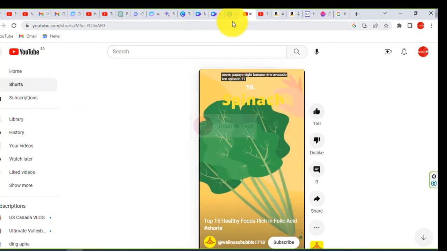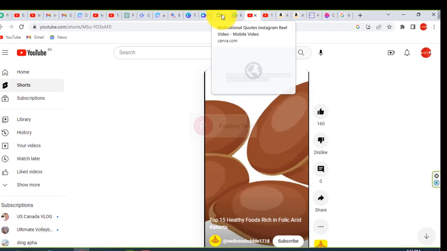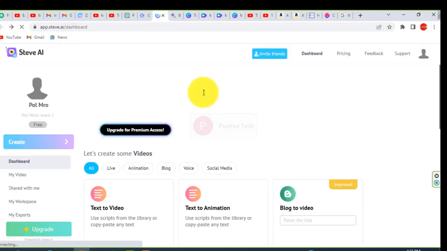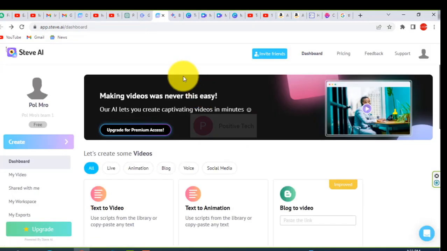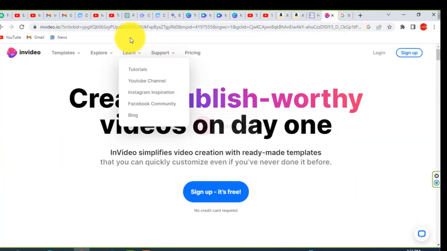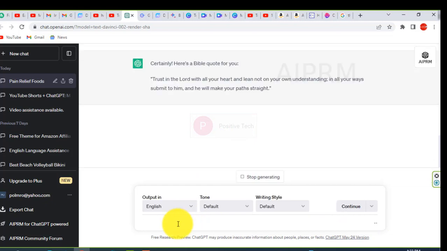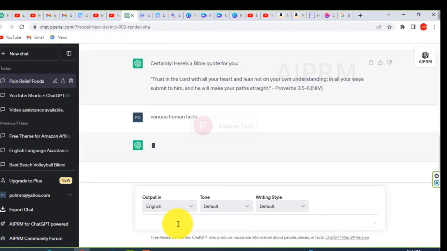You can use Canva, Steve.ai, and other regular video software. And if you use ChatGPT, it can do anything, like Bible codes.